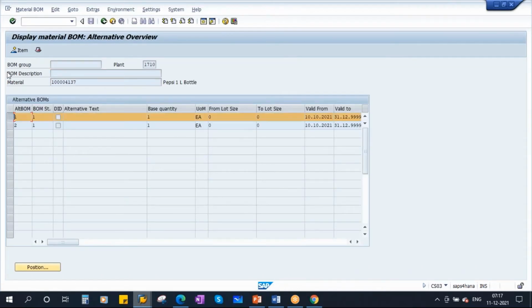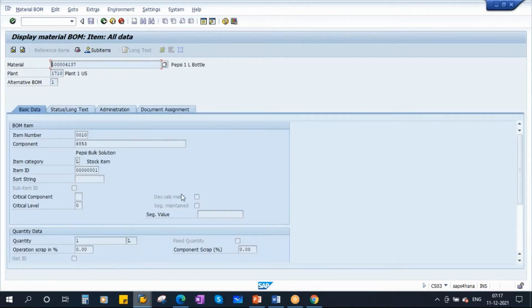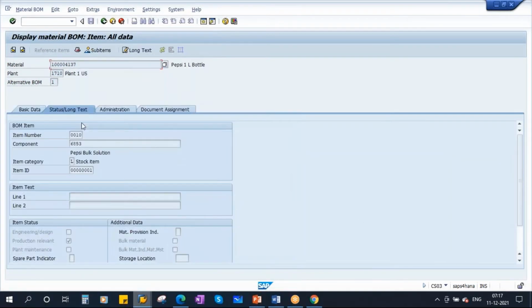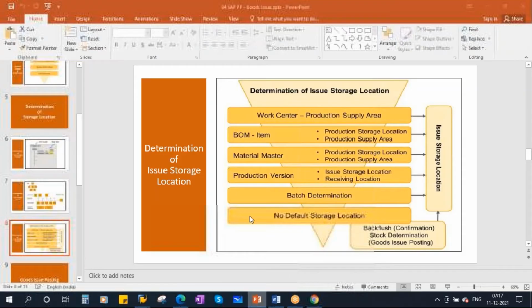If I select the BOM and go to item details, here there will be a storage location. If you go to status long text, here you see there is a storage location. If you maintain the storage location here, this storage location will get copied to the production order. So that is the second place where the system will check.